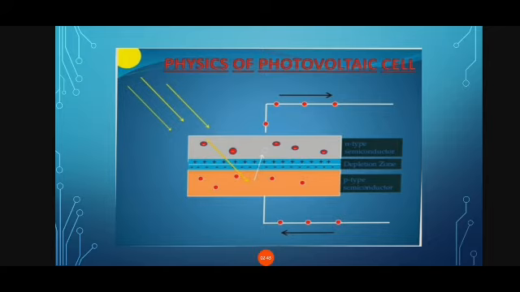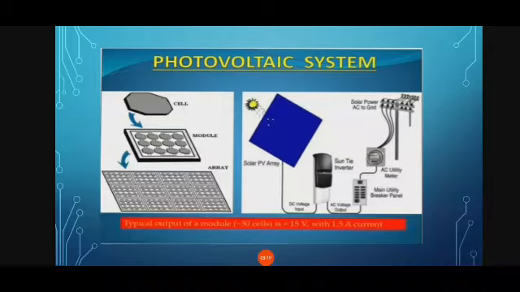The chemical bonds of the material are vital for this process to work, and usually silicon is used in two layers, one layer being doped with boron and the other with phosphorus. These layers have different electric charges and subsequently both drive and direct the current of electrons. An array of solar cells converts solar energy into a usable amount of DC current, that is direct current. An inverter can convert the power to alternating current, that is AC current. This diagram shows the system where photovoltaic cells can be used.